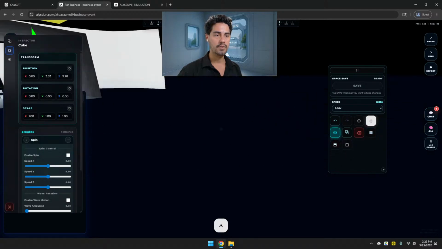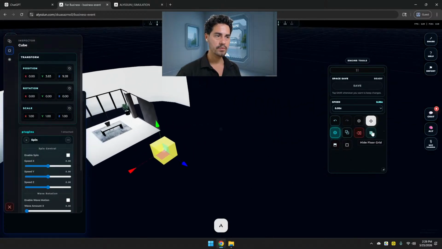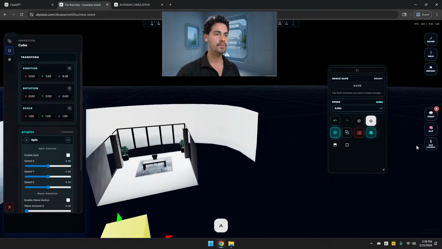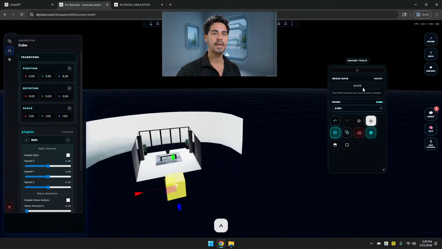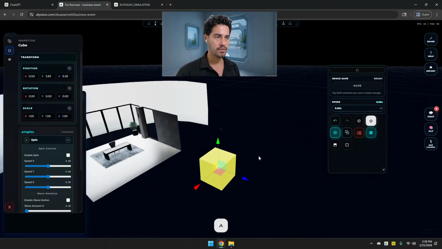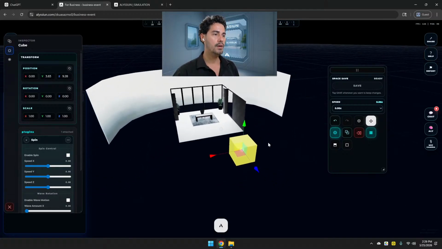You can deactivate the grid from the floor or activate it. Right now, the save button here, this is important. Usually the engine by default is a collaboration platform, meaning you can access the engine with 20 people in here and everyone is doing something. Like in a video game, you can just come here, move the box and collaborate with them and everything.